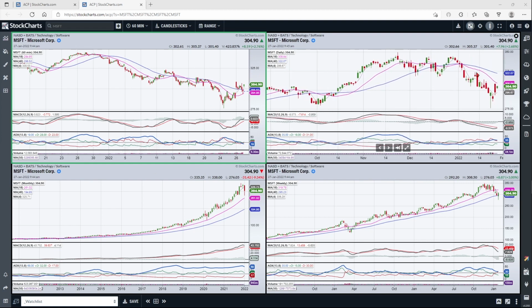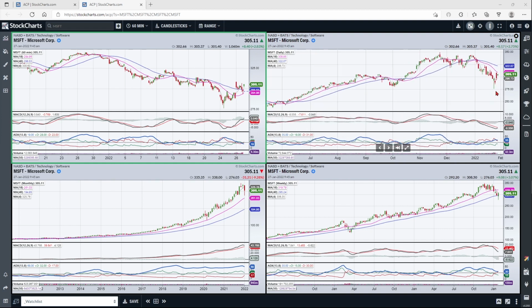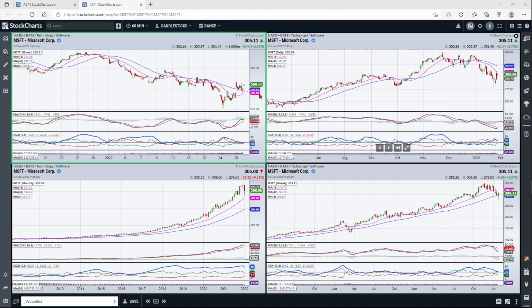Notice how on the daily chart we came up yesterday on the gap of the news of the earnings and gapped up and just missed hitting the 18-day. Acting as resistance there. But this trend is still down. But notice what's happened to the hourly. The hourly is starting to work its way through both moving averages, and now the 18 is rising. So this has now moved to neutral in my book, still neutral on a weekly basis and an uptrend on the long-term basis. So I think we're going to bounce around a little bit.